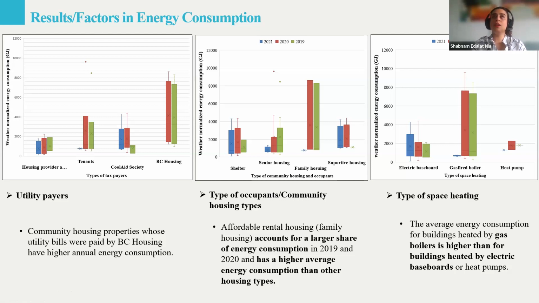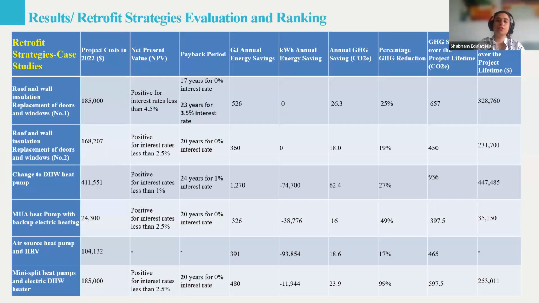So the higher energy consumption in high-rise buildings can be related to various factors like the building characteristics, the type and efficiency of their heating system, or even the groups or sections who pay for the utilities. The last part of this research was